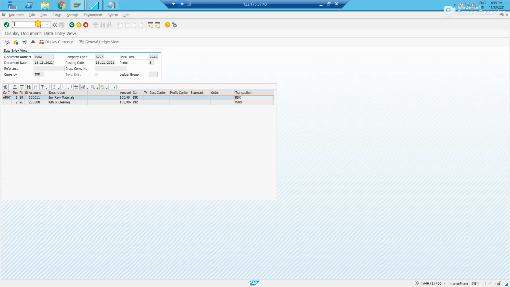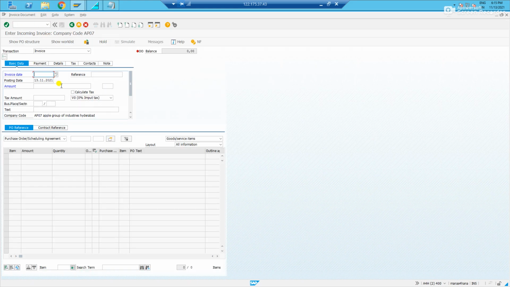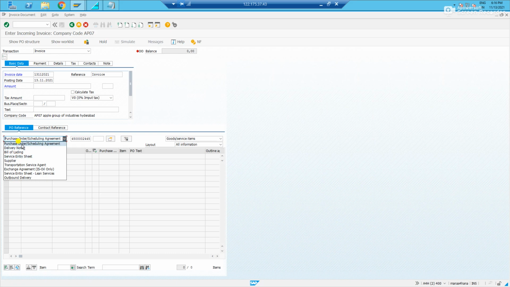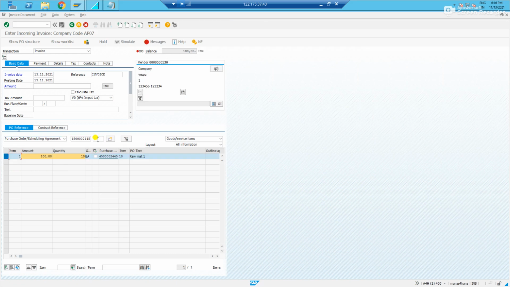Let us go and do the invoice receipt in MIRO. Let me put the date. For the invoice I'll put the reference also. Let me paste the purchase order here. Whatever purchase order we created, the same purchase order we need to put here, and you need to select the right category, purchase order. You just enter the vendor information, everything will be picked up.